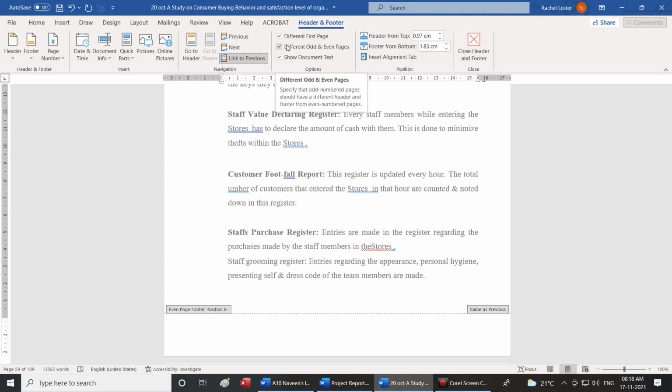You can define a different header and footer for odd and even numbered pages.